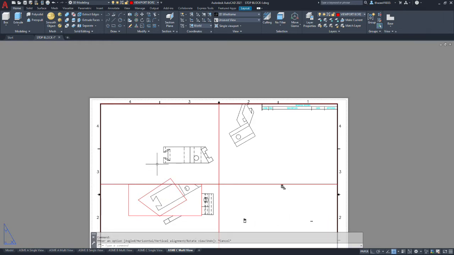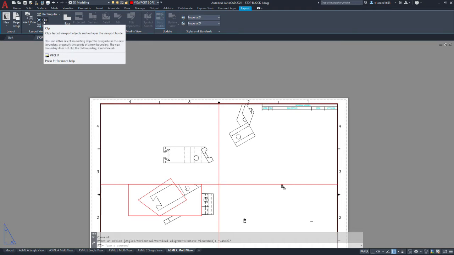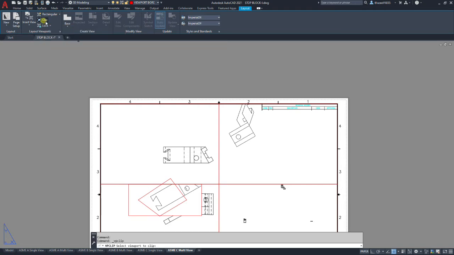Now we will go to Layout, and we're going to use the clip command. What that's going to do is clip that viewport and make it to the boundary that we're going to trace. You pick the viewport, then take the default, which is polygonal, and pick points.